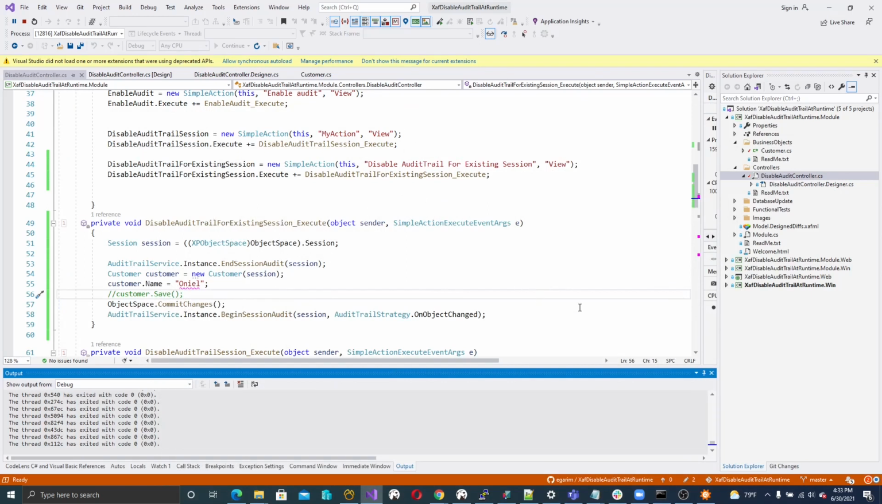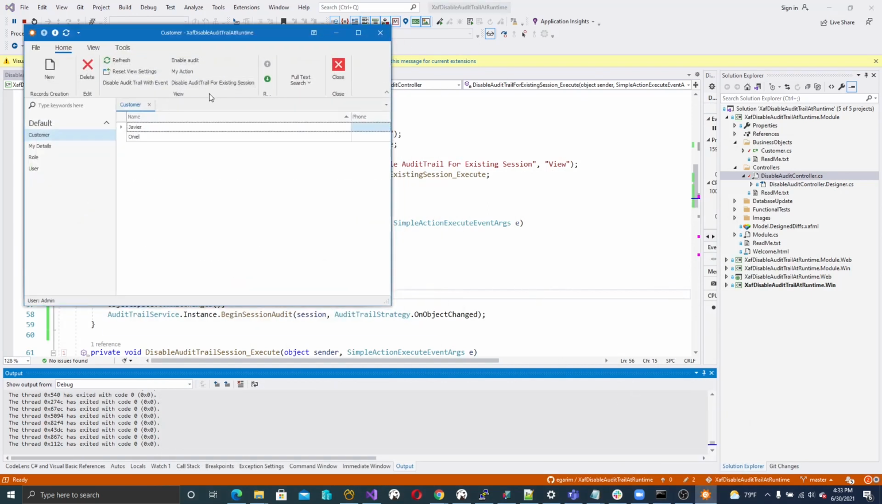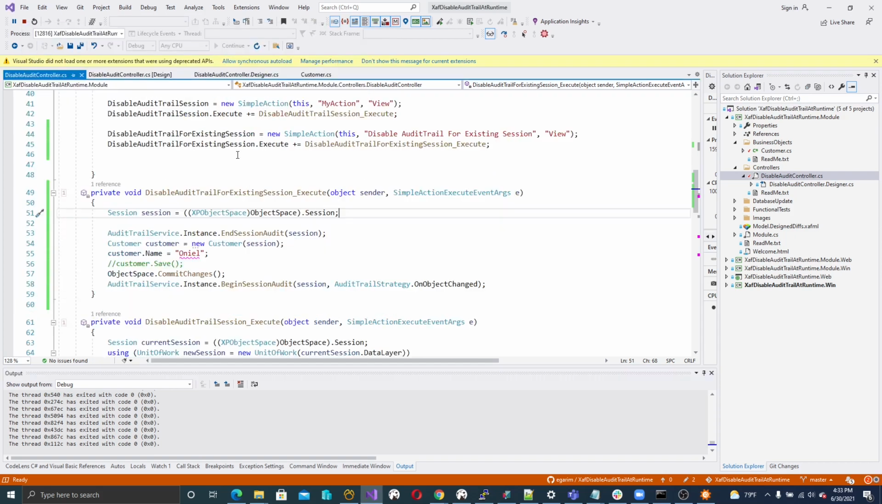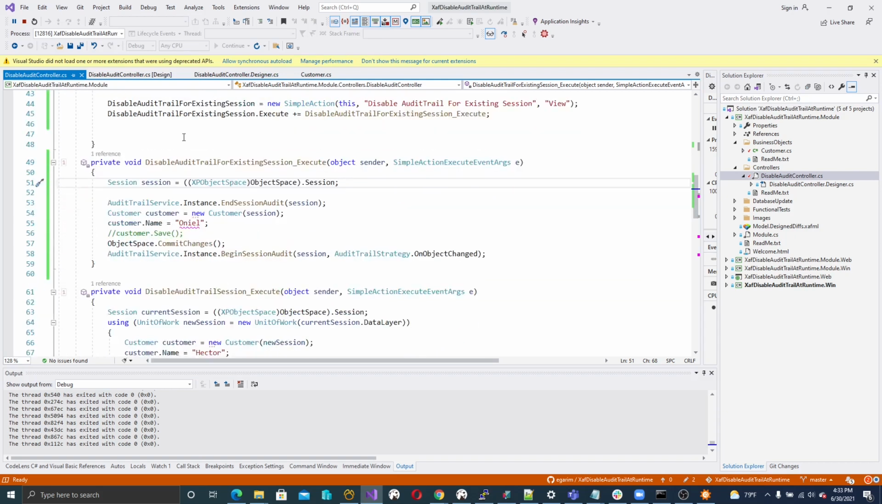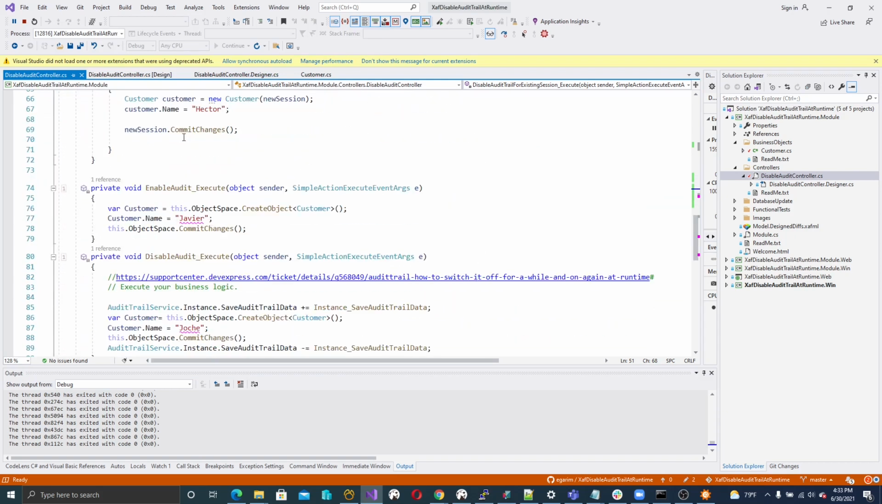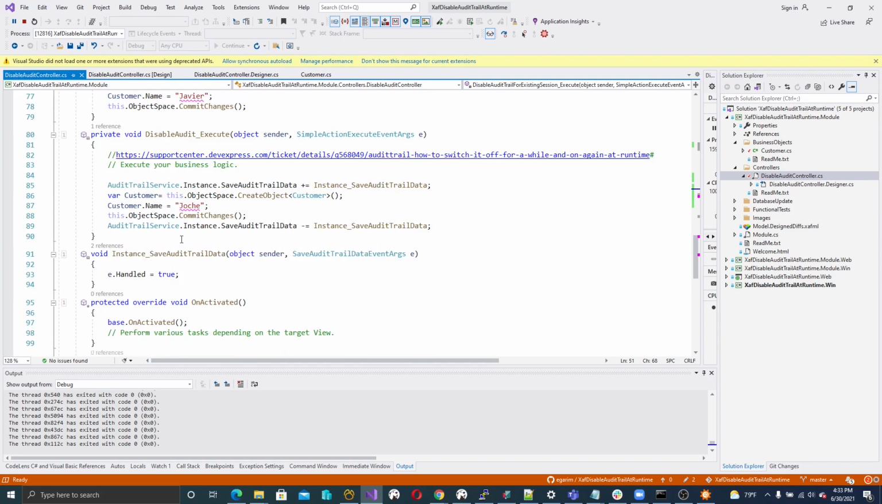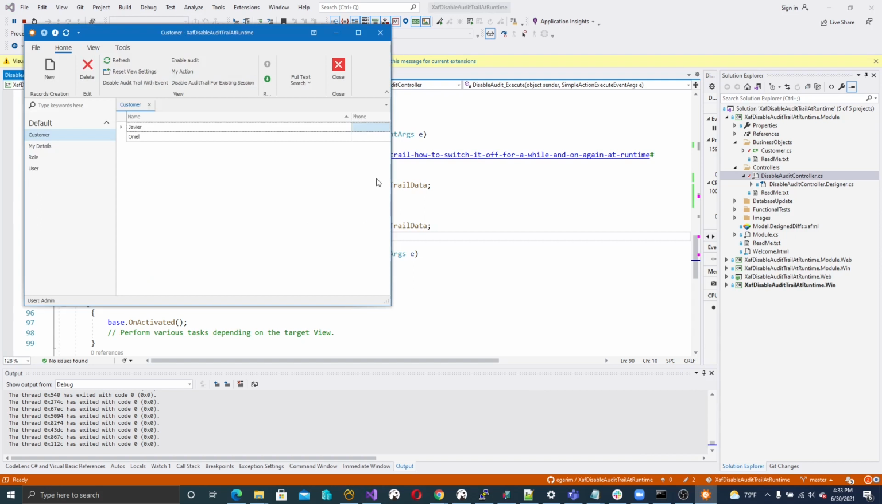Now let's try the third method. So we already did enable audit and disable for an existing session. Then let's do this, disable it with event. So let me show you the code. So here we have it. First we wire the event, then we create a customer, we commit the changes, and then we remove the event handler. So if I run this,